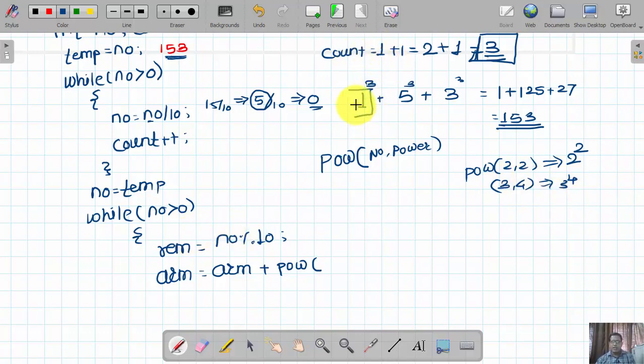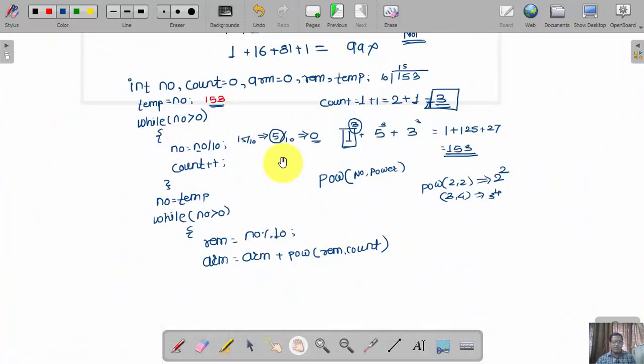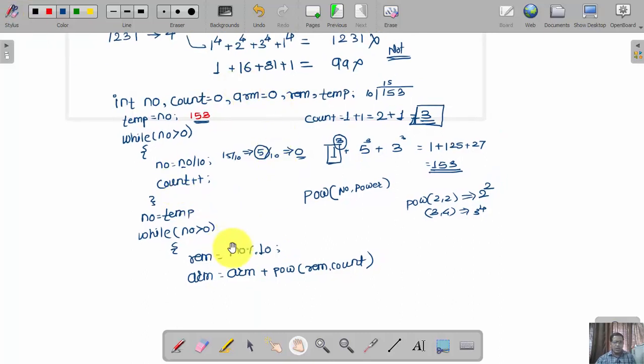So here what we have to do is simple: this digit raised to the count value. So how will I write? POW REM comma count. So what will happen here? Initially the value of ARM is 0, right? So as the value of ARM is initially 0, in the first execution it will be 0 plus POW REM comma count.